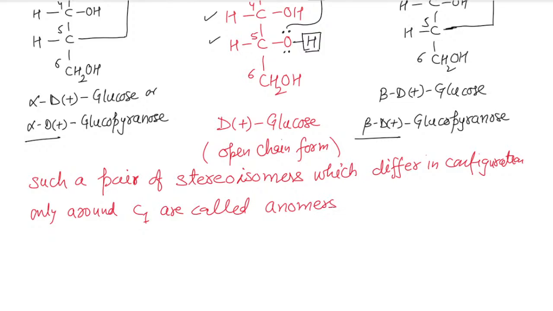That means alpha and beta D plus glucose, they are anomers,